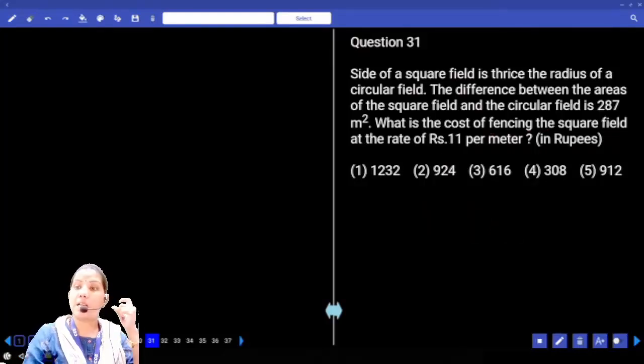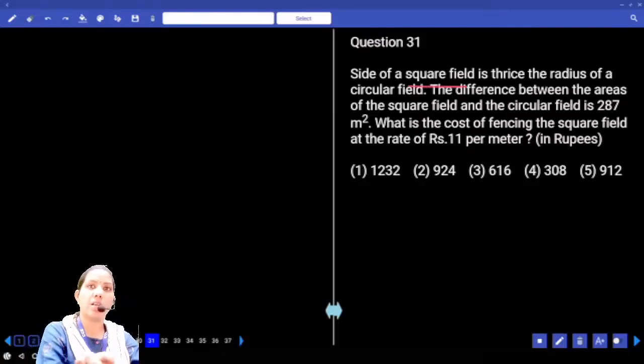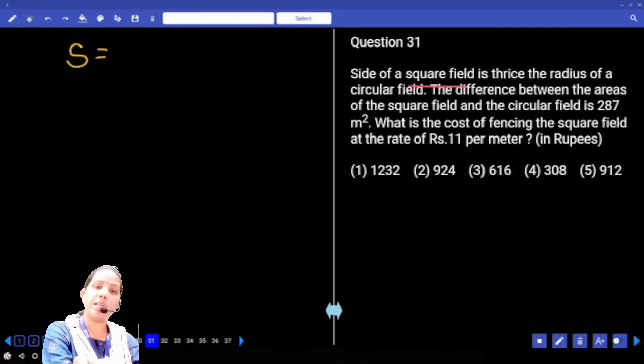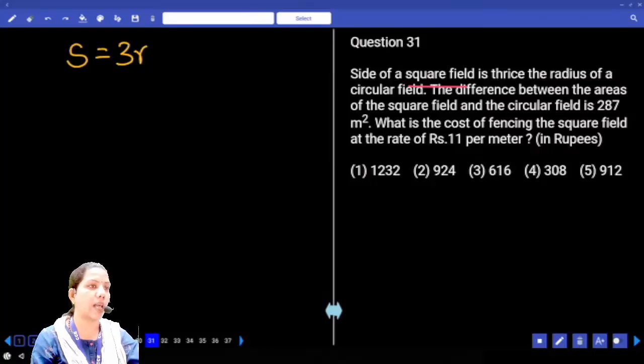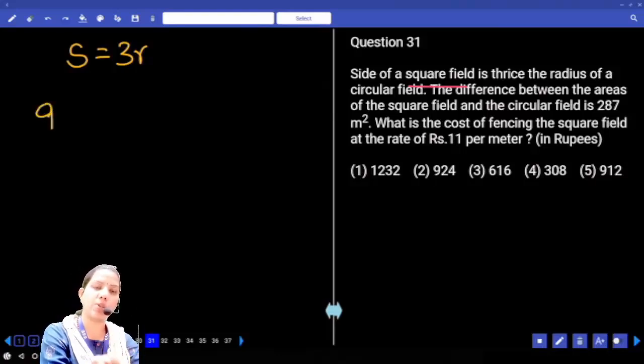And the information: side of the square field is thrice the radius of the circular field. So side is equal to 3r. And the difference between the areas. What is the area of the square field formula? Side square. What is the side value? 3r. So it is 9r square minus